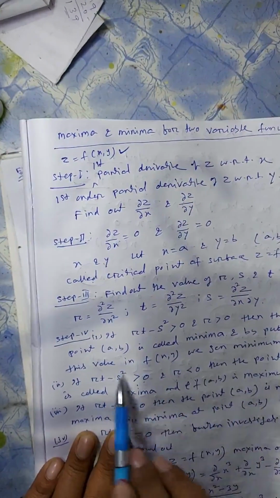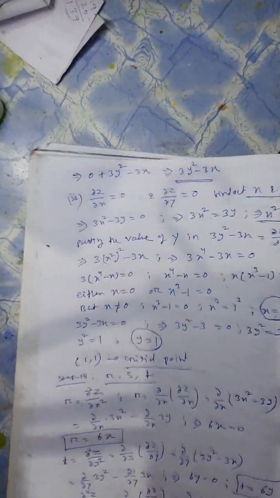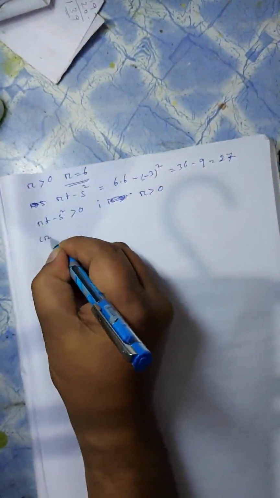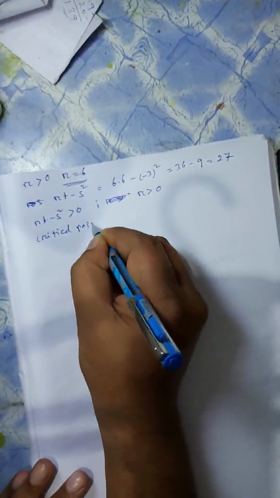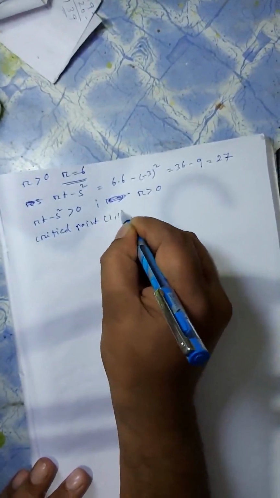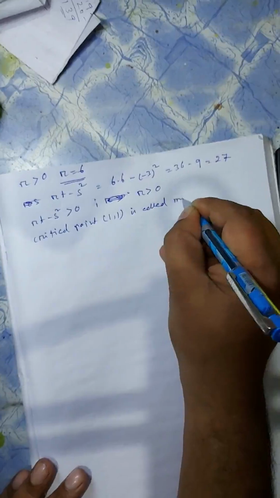Then by putting the value in f(x, y) we get the minimum value. That means (1, 1) is called minima. So the critical point (1, 1) is called minima,